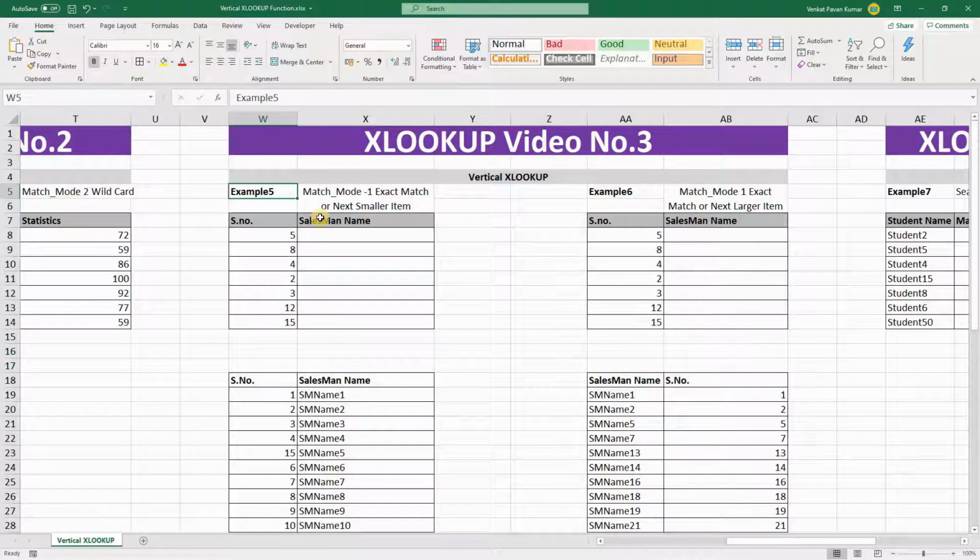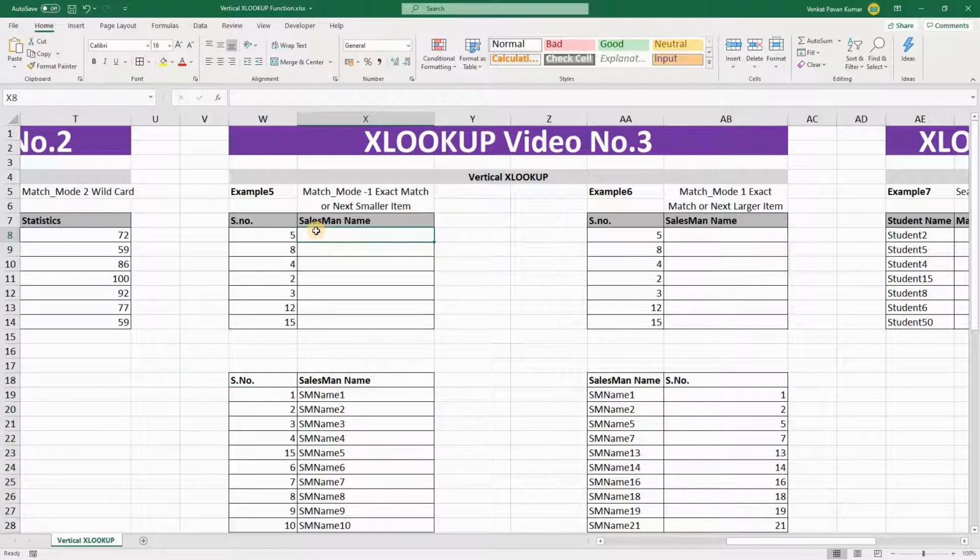In example 5, we have serial numbers and we need to get the salesman name. This is a source table where we have serial number and the salesman name. In this exact match or next smaller item, if we have the serial number exactly matching in the source table serial number, then it's going to give us this salesman name here.